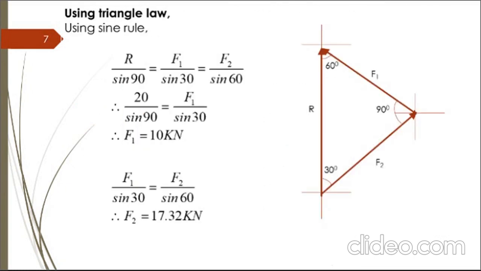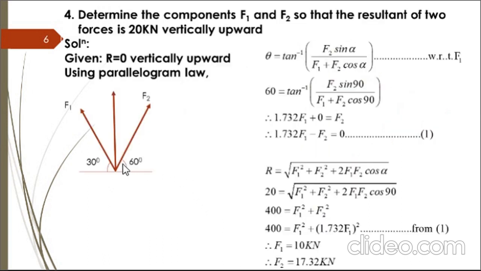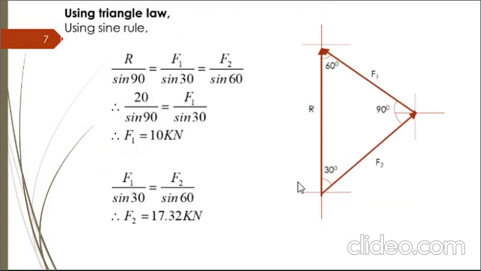Now solving the same problem by using the triangle law. The first force F1 making an angle of 30 degree, and F2 will be making an angle of 60 degree. So you can take any one force as the first. So let's say here F2, I will take first, F2 making an angle of 60 degree here with respect to x-axis. So wherever it ends, from that point the second force F1 making an angle of 30 degree with